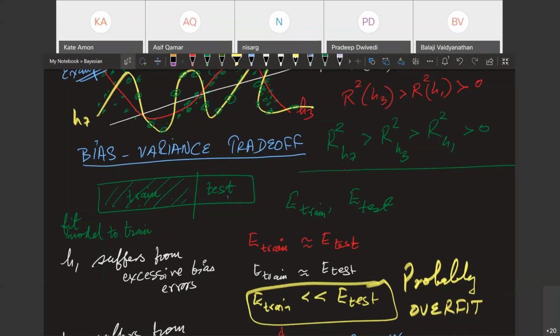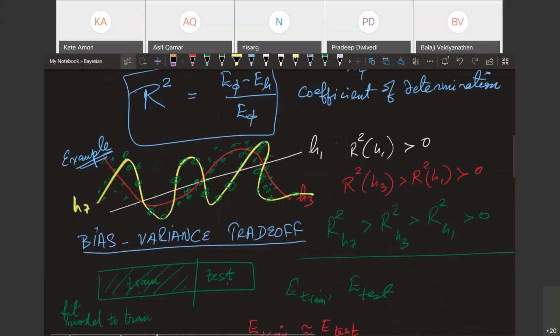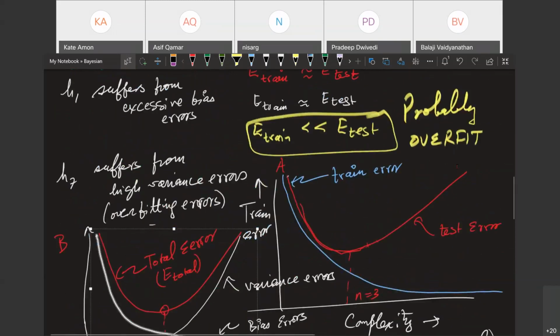The story is that you would take first degree, second degree, third degree, and you would keep making a plot like this. You will be just observing the test error. In the beginning, the test error will keep going down. Then in this case, at degree 3, you will get the lowest test error. After that, you go to degree 4 and 5, and again the test error begins to climb up. The moment it begins to climb up, you say, okay, it's time to stop. I found the best model at degree 3.